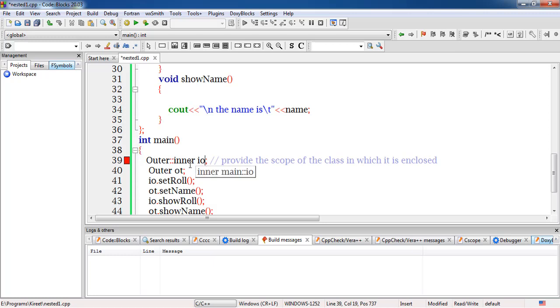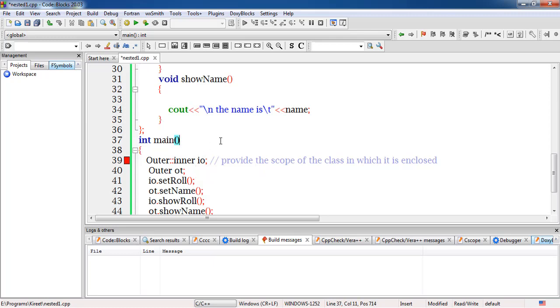As in the previous case, we were creating the object with the help of the scope resolution operator, because it is providing the scope that this inner is a part of this outer, and we successfully created the object.